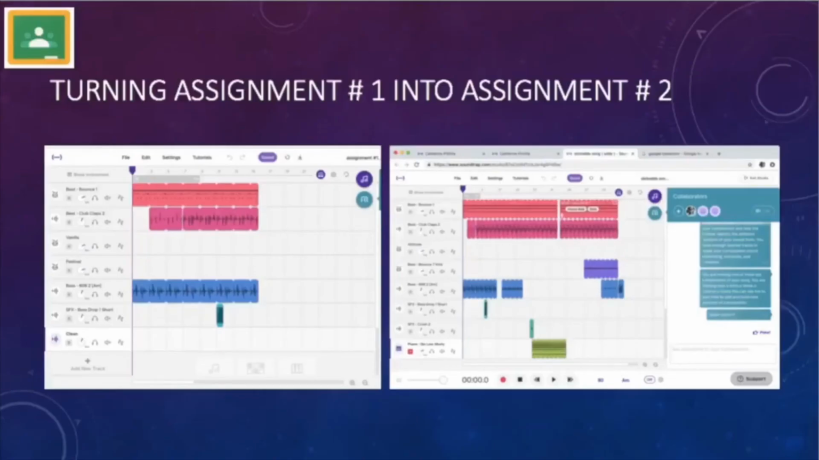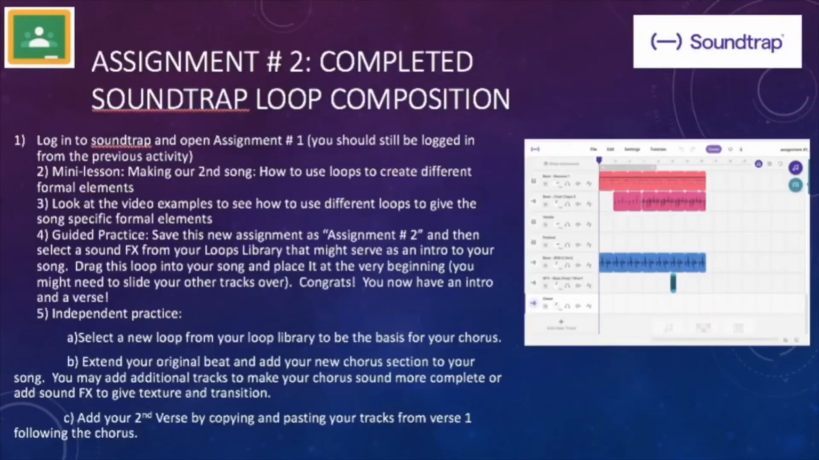Turning assignment 1 into assignment number 2. So to create assignment number 2, start by going back into Soundtrap and opening up assignment number 1. What you want to do is look at what you already have set up. Depending on what you did in assignment number 1, some of you may already have an intro and maybe even a